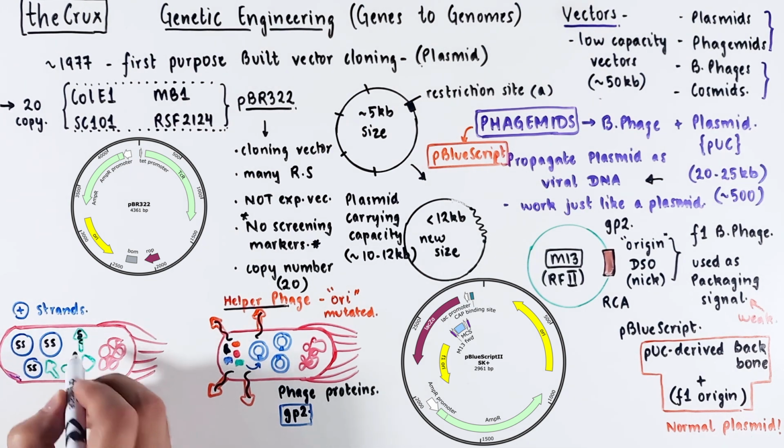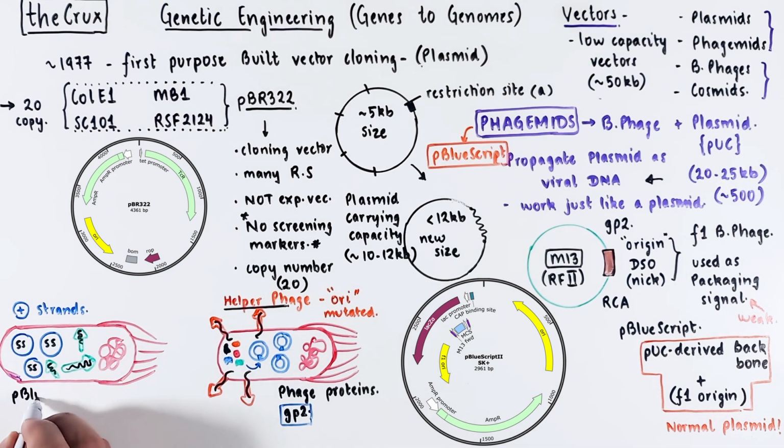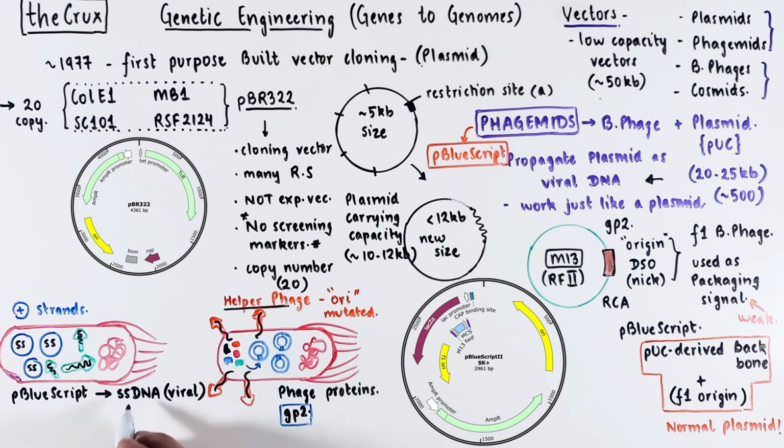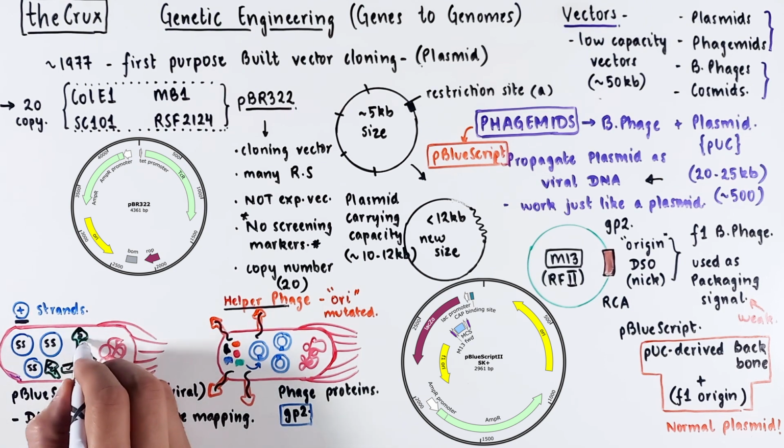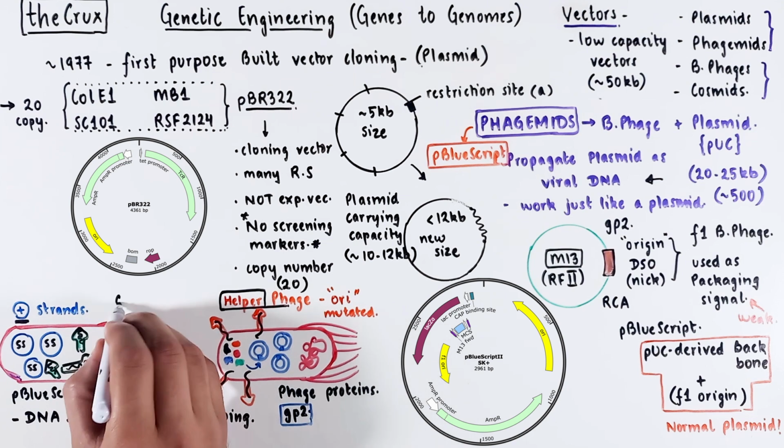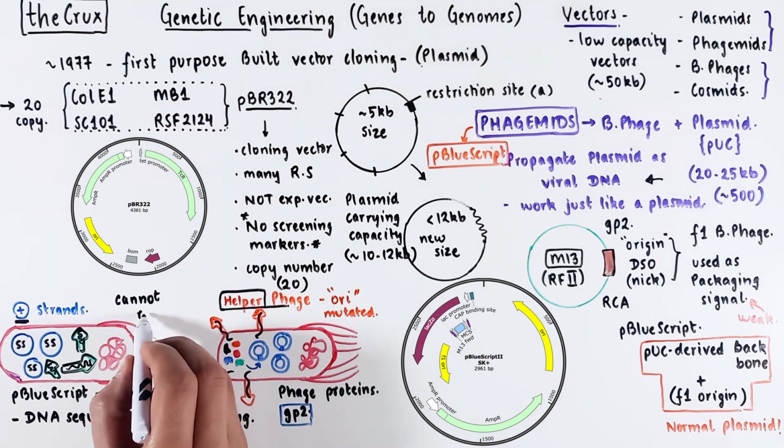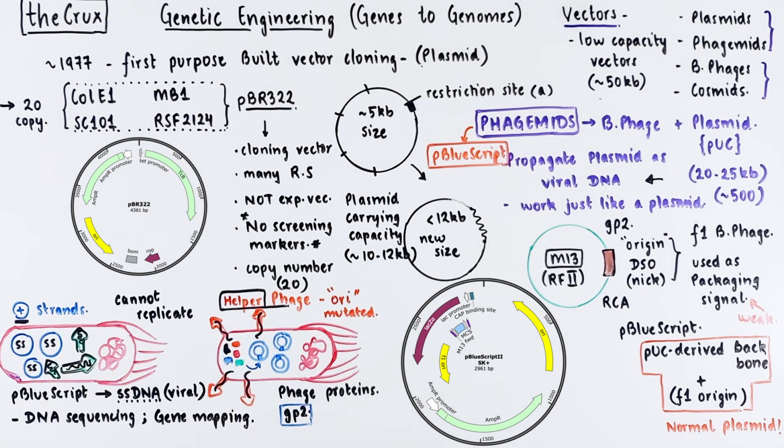If you need more details on GP2 and the viral DNA replication, watch the rolling circle amplification video, which is linked down in the description. Anyways, this infection converts your BlueScript into a single-stranded DNA. Originally, BlueScripts were constructed to make strand-specific DNA sequencing libraries, and were also used in gene mapping, where direction of the strand is very important. Note that the new virus particle, which has the BlueScript DNA, does not carry any proteins to make a virus. So the new virus particles that you get from this can infect a bacteria, but cannot replicate the DNA by